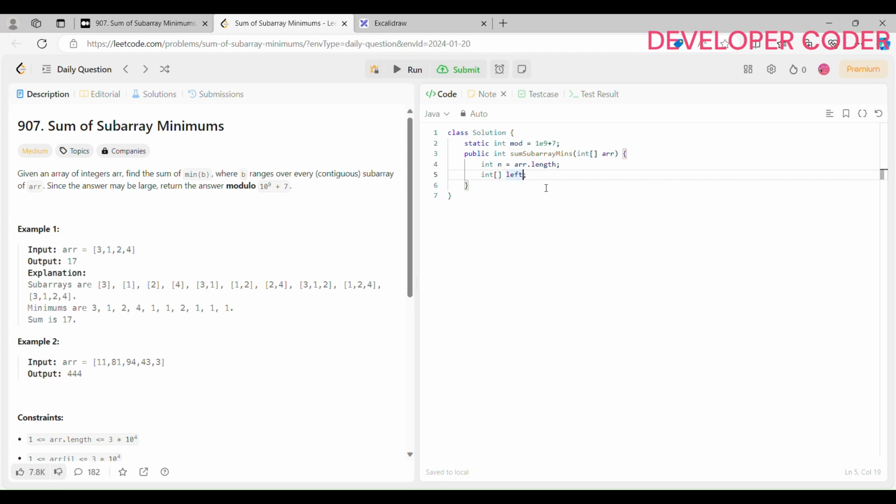So we are going to create 3 arrays. One is int left. It will be more clear when I explain this with an example. So let's write the code first. It is going to be very small code, just 20 to 25 lines. So I have passed the length as n. So we are going to create one left array, and then we are going to create one ext array. Okay, same, pass the length as n, and then after that create one sums array in which we are going to store the sum after each iteration. Okay,